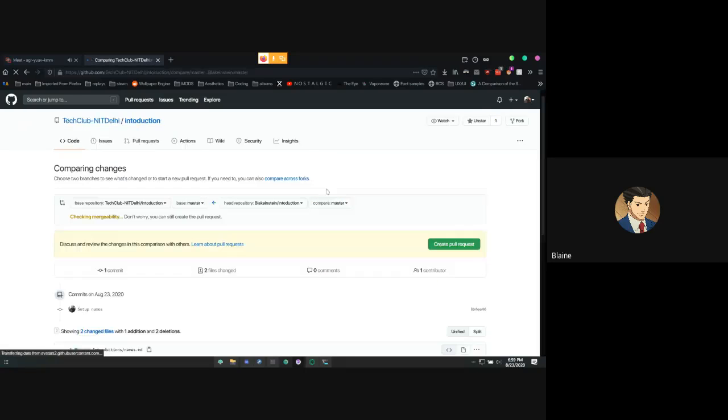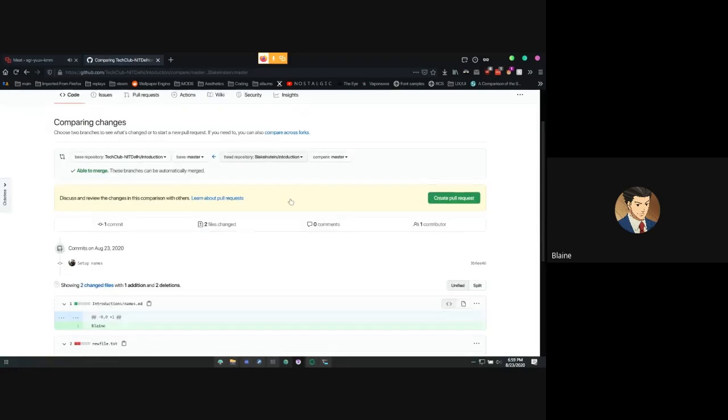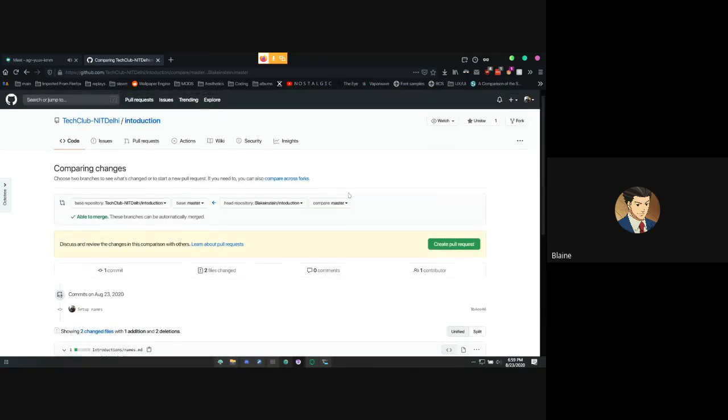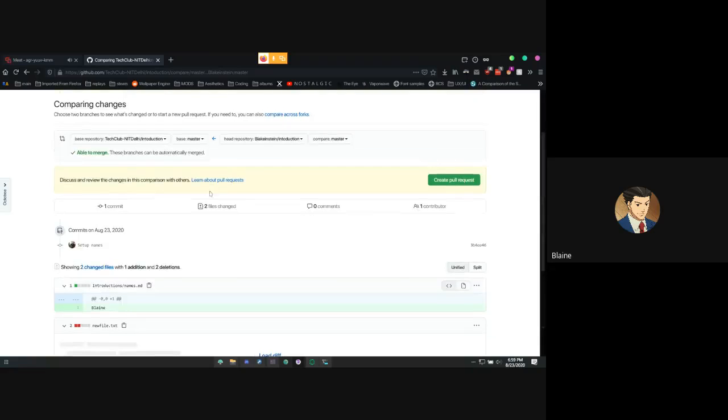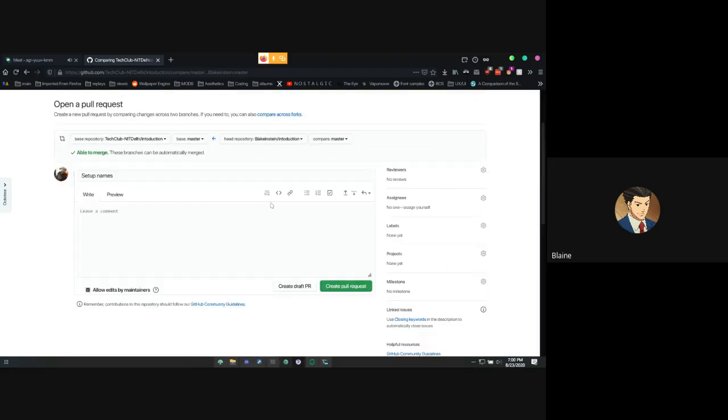You can only do this in the browser, by the way. So just so you know. I want to push my master branch here to the master branch in the TechClub repository. So it will show what changes I made. I can create a pull request,